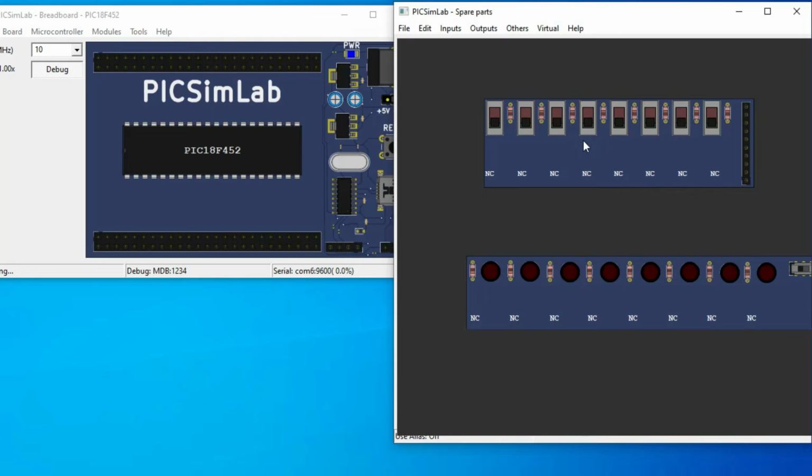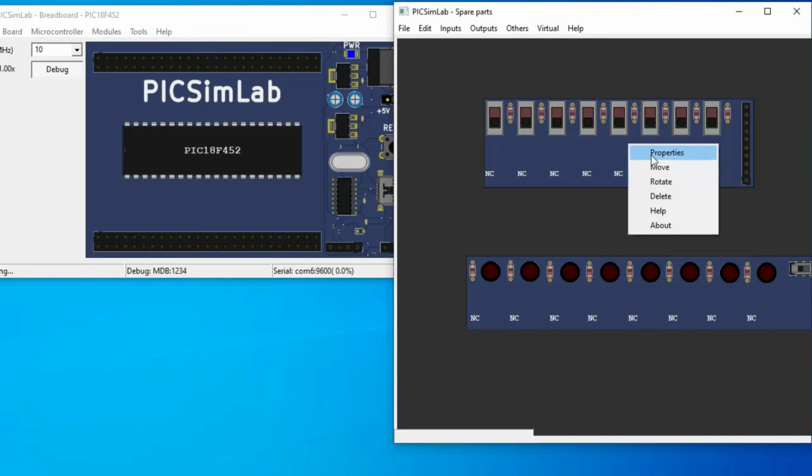Usually we know that the pins of a microcontroller are basically grouped as what are called ports. And every port has 8 bits, or maybe ranging from 6 to 8 bits. So that is why a block of switches is available. Maybe you are supposed to connect all the pins of a port to this switch block, but you can use a single pin as well. So if I want to connect this very first switch with, let's say, pin RC0 of this microcontroller,